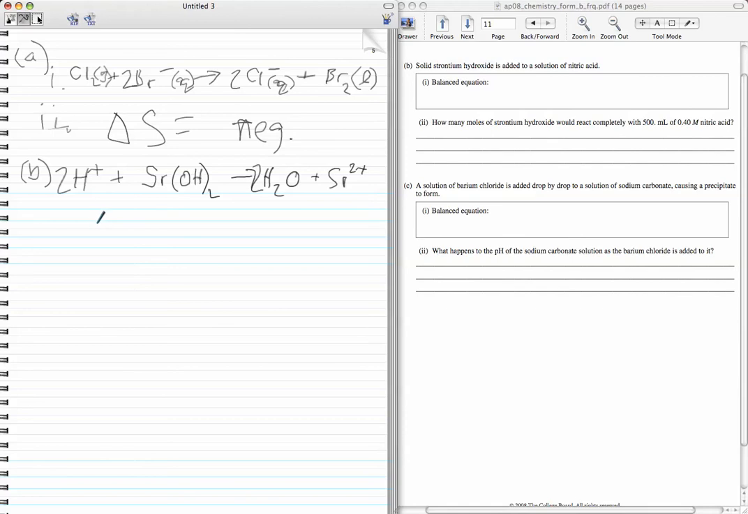It says, how many moles of strontium hydroxide react completely with 500 milliliters of 0.4 molar nitric acid. So we have half a liter of 0.4 molar. If we know volume times molarity gives us moles of nitric acid, we're going to end up with 0.2 moles of nitric acid, HNO3,